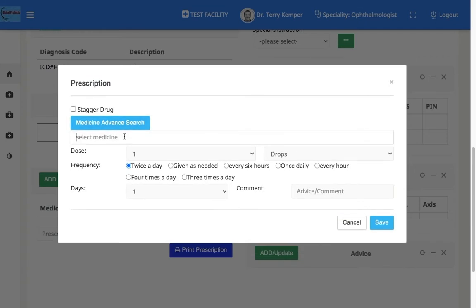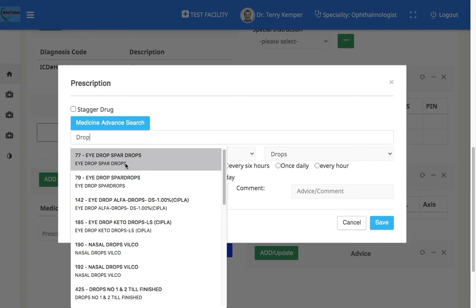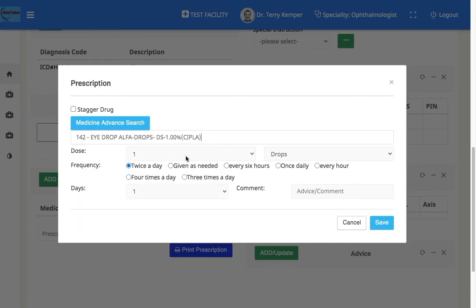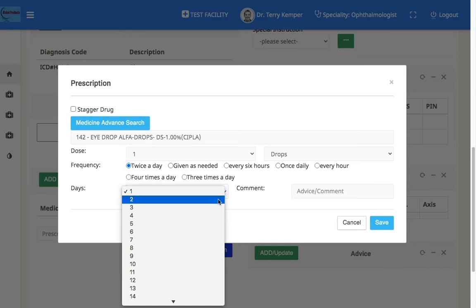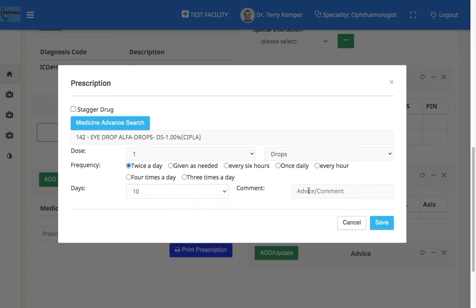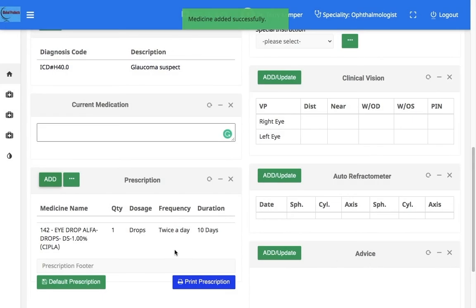So we'll select the medicine or the eye drops, then select the dosage, drops frequency, number of days. Comment and advice, if any, again can be typed in. Click on save. So the saved medication is shown. If more than one drug needs to be prescribed, again click on add.